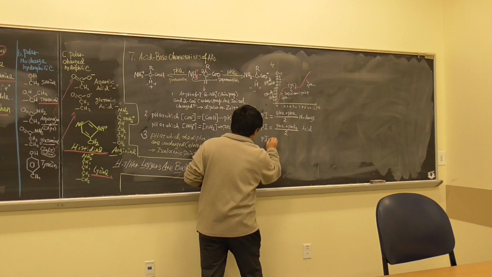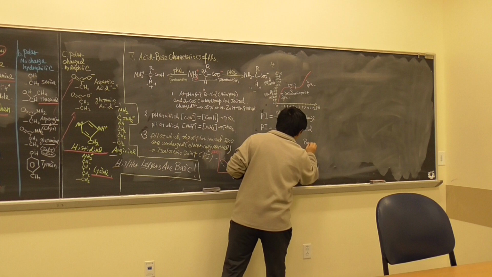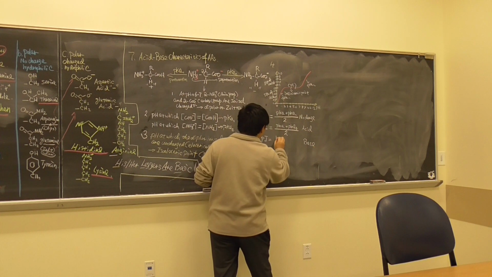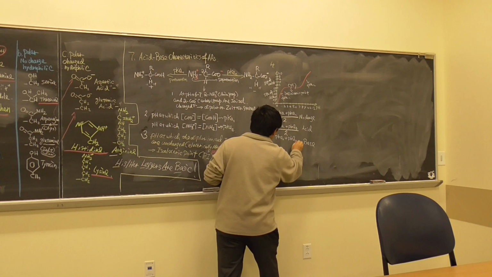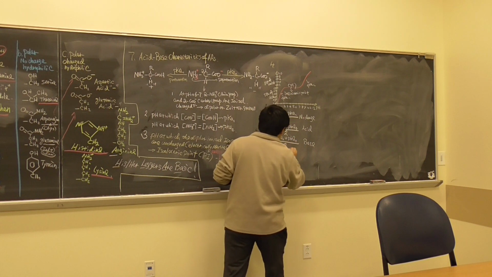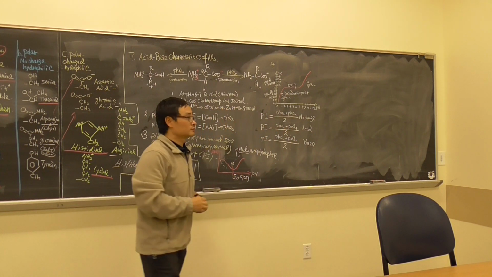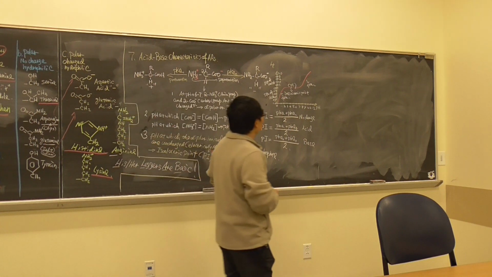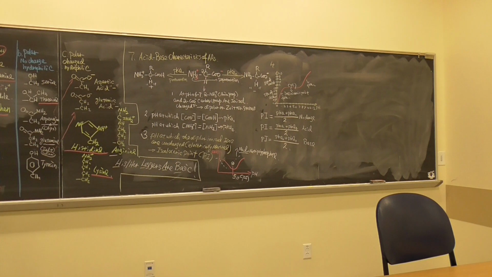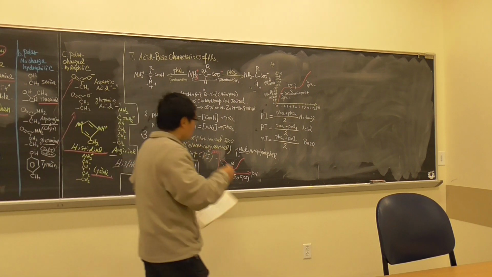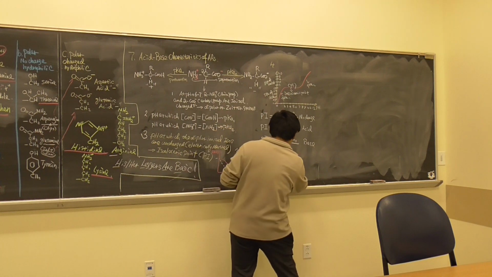Now if it's a base, what we should do is add the pKa2 value and the pKa3 value and divide it by 2. This comes out with the base. Okay? So if you want to do a very simple practice question, we can do a question here. If it's alanine,